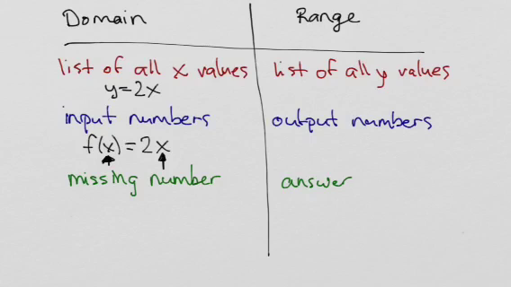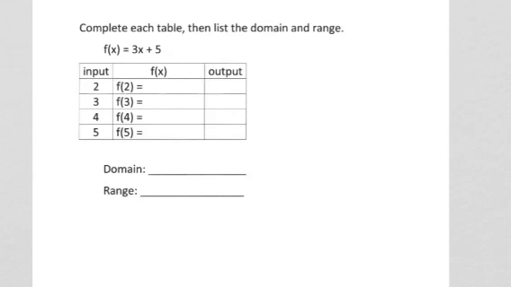Alright, so let's take a look at how we can do this from a chart. Alright, so we're going to complete the table, then we're going to list the domain and the range. So first off, let's complete the table. Alright, they're telling us what number to use for the input. And again, the input is the number that goes where the x is. So that first one, it's telling us it's a 2. So you'll notice that instead of writing an x in that particular spot there, they're writing a 2 instead. So again, that's telling us what's happening. We're going to be replacing all x's with 2 because the 2 is in the spot where the x used